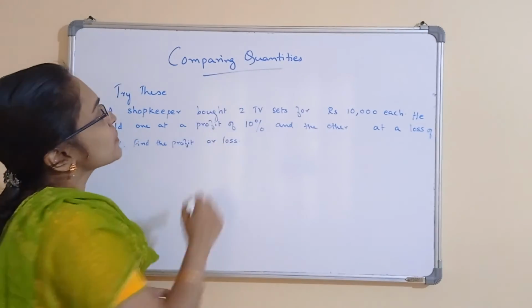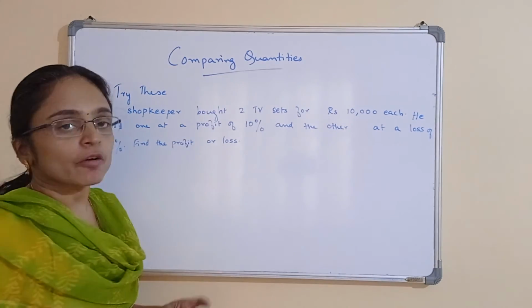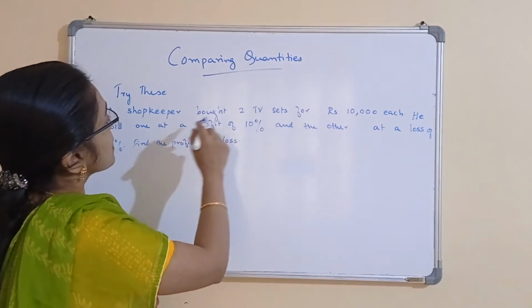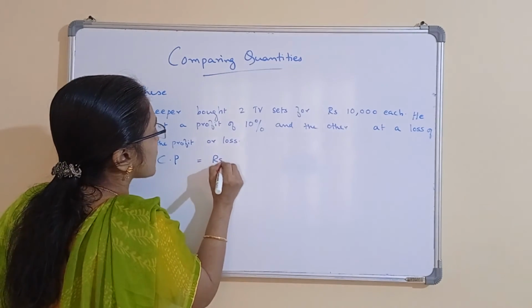Next is a shopkeeper bought two TV sets for 10,000 rupees each. He sold one at a profit of 10% and the other at a loss of 10%. Find the profit or loss. Let us consider the first TV set. Cost price is equal to 10,000 rupees